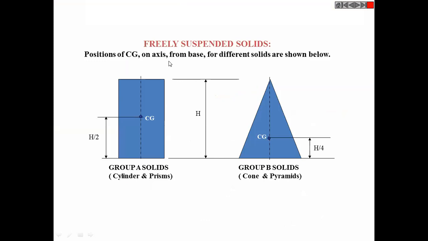Right now, what we are studying is that every solid is resting on HP or VP, something like that. Now, in this case, it is given that the solid is freely suspended. Freely suspended means what? It is hanging in air. It won't hang in air on its own, obviously, with some arrangement, but it is hanging in air. So if you hang something in air and incline it at some angle, there is a chance that it can get tilted.